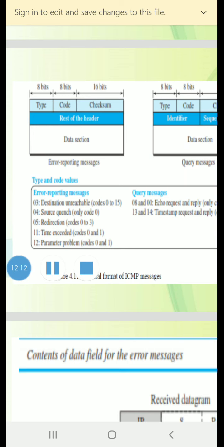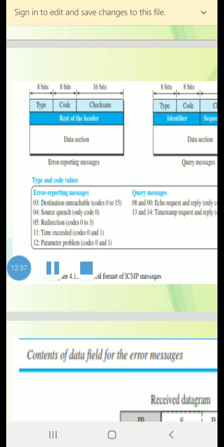The IP protocol also lacks a mechanism for host and management queries. There is a need to determine if a router or another host is alive, sometimes by a host. Sometimes a network manager needs information from another host or router.